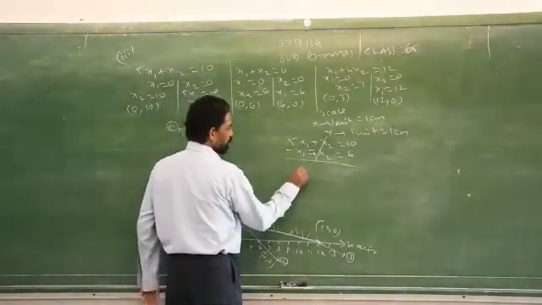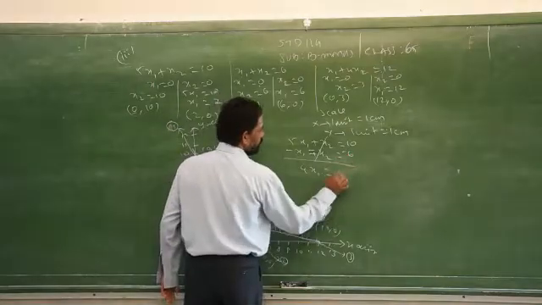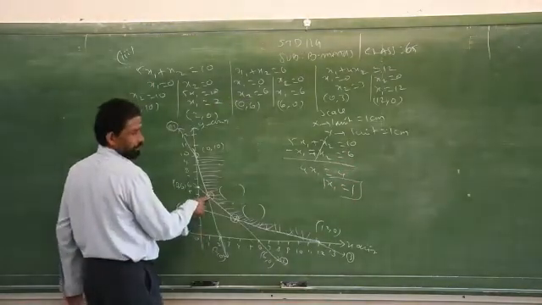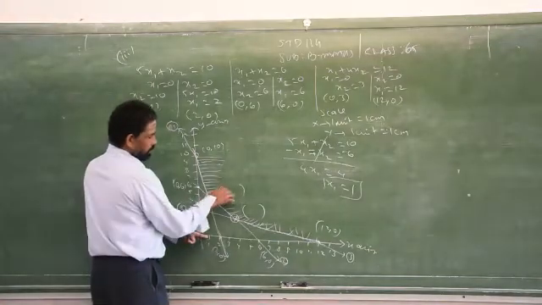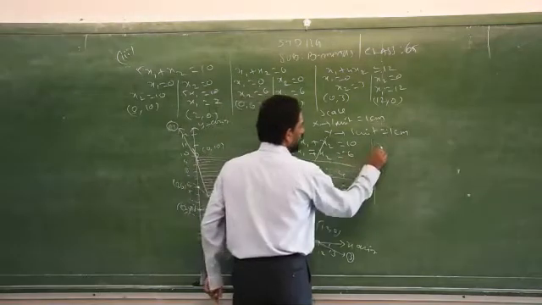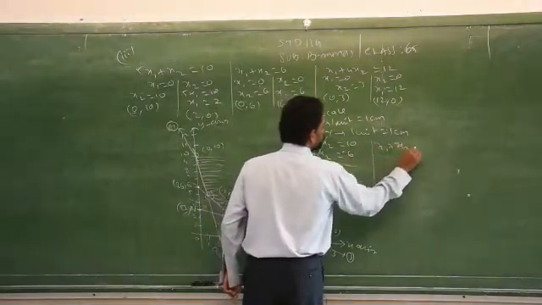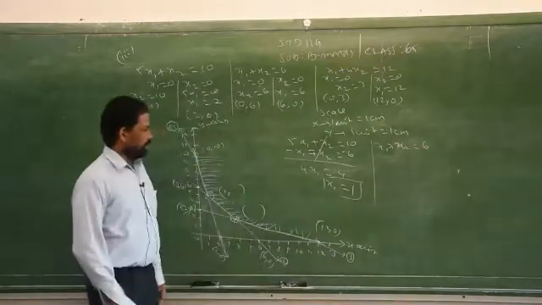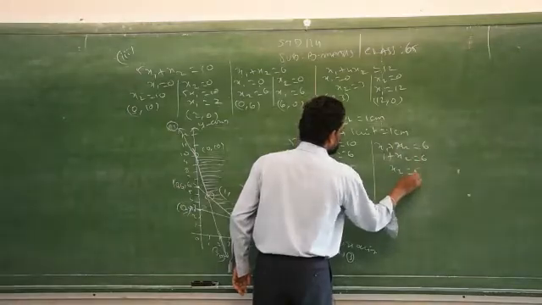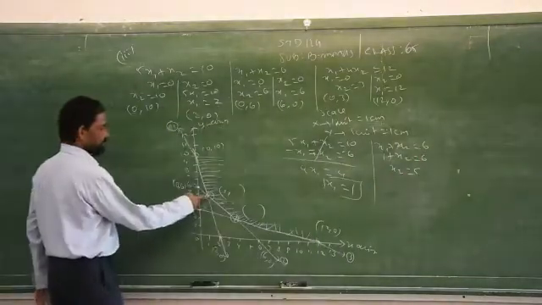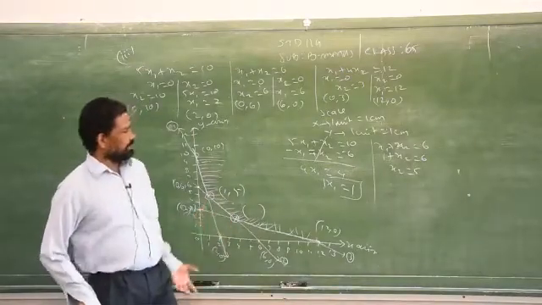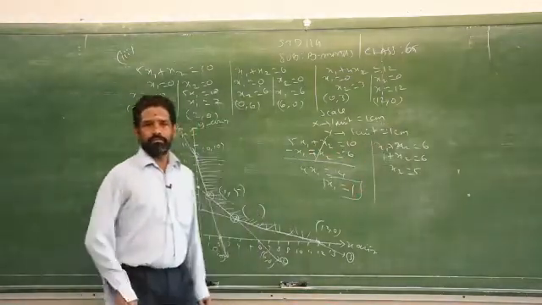So 5 minus 1, 4x1 is equal to 4. Therefore x1 equals how much? 1. See, I got the exact answer. Just now I said, if you do it properly, you get the exact answer. x1 is 1. Now take any one of these two equations. x1 plus x2 is equal to 6. Replace x1 by 1. 1 plus x2 is equal to 6. Therefore x2 equals how much? 5. You see, it comes exactly 5. So if you plot the points on the graph properly, you get the exact answer. This is not necessary. Clear?